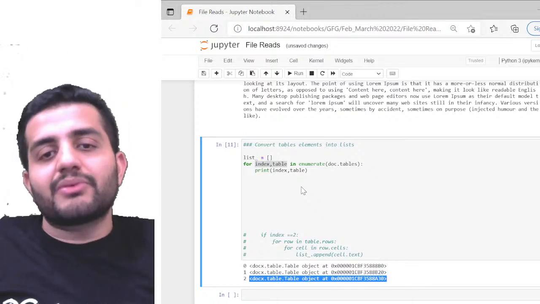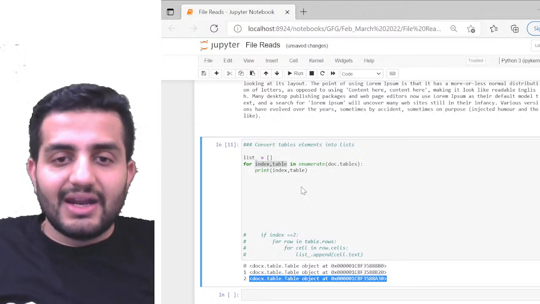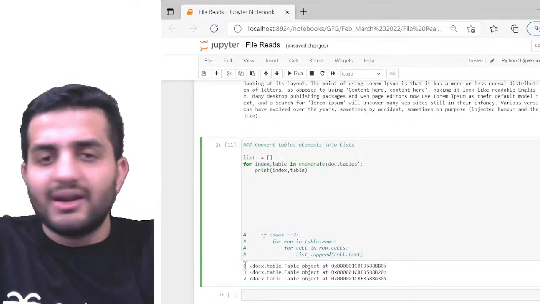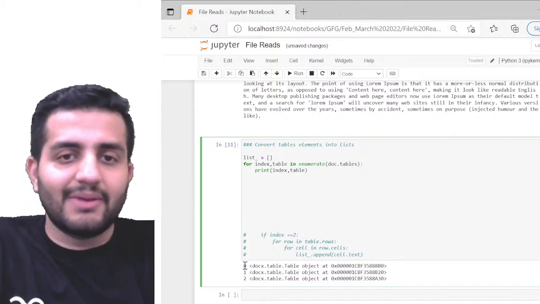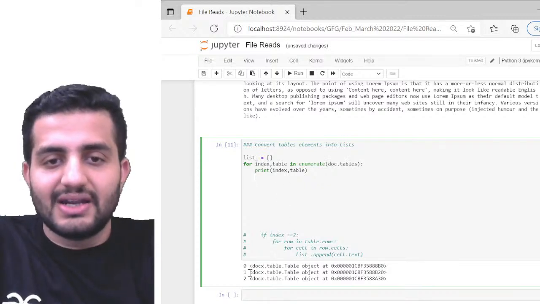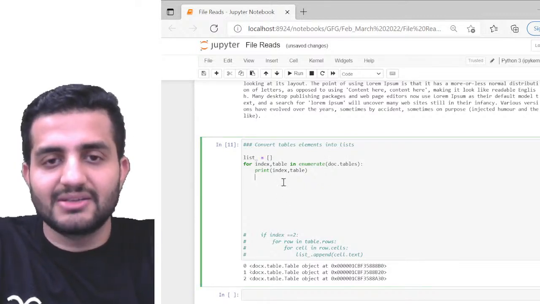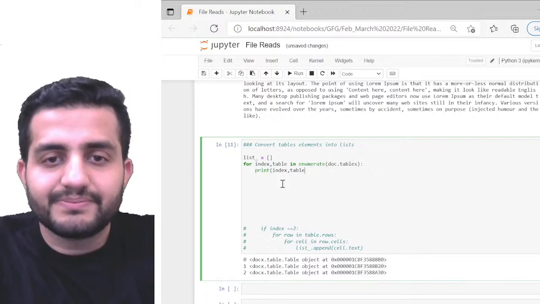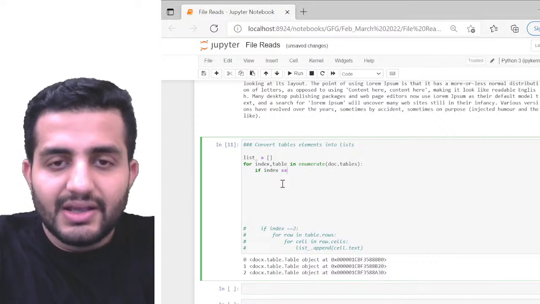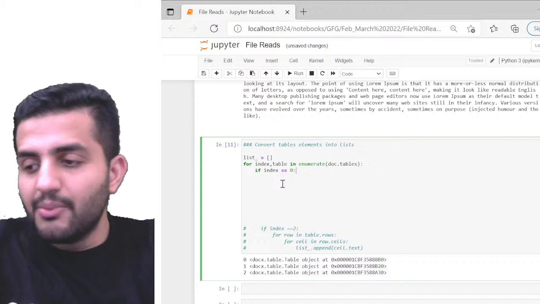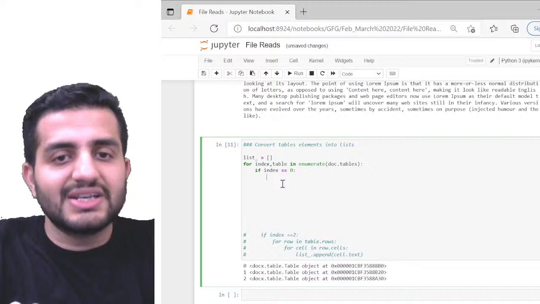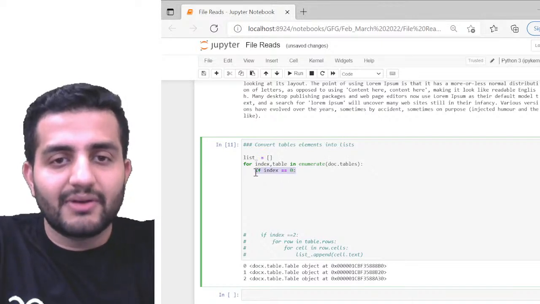Now on top of this, what I'm trying to do is find out the content. How simple is that? Suppose I have to do it for all the tables or maybe one table, I can do it anyway. I can still run a loop for the entire table and keep on appending. But suppose I'm trying to do it for one single table, say table number 0. So index number 0, I can simply write one condition here. If index is equal to 0, that means I'm only focusing on the first table. Whatever logic I write will be valid only for the first table.